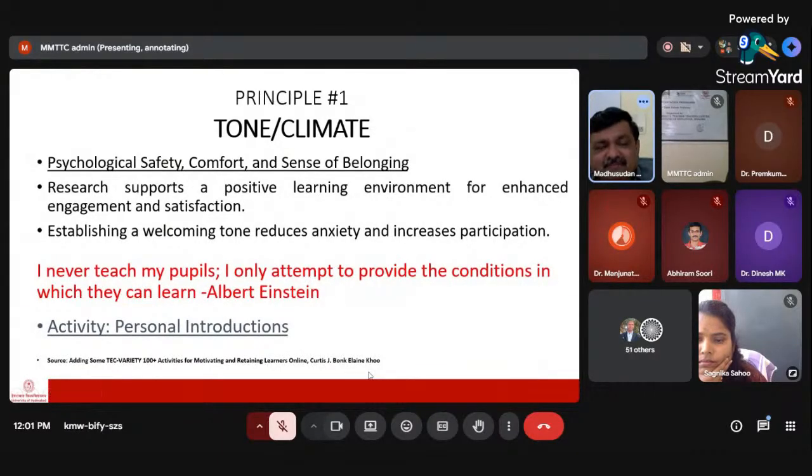So establishing a welcoming tone itself is very important. What I have done is, in the next slides, I have added, in red color and a different font, one quotation that relates to this idea: I never teach pupils, I only attempt to provide the conditions in which they learn. Now, the activity that has been suggested here is